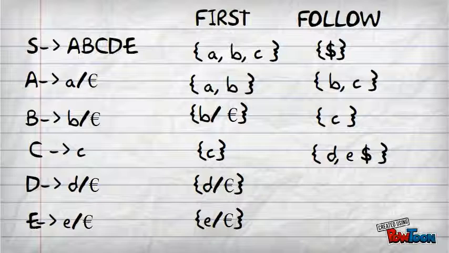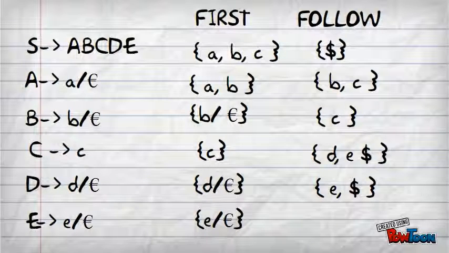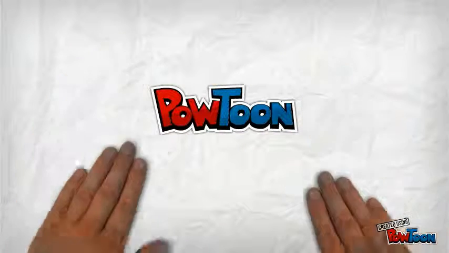Next is follow of D. The follow of D is E and the first of E is small letter e. Copy it. Then substitute empty set to letter E so the letter E will vanish. Now the follow of D is the follow of S. And the follow of S is $ sign. Therefore, the follow